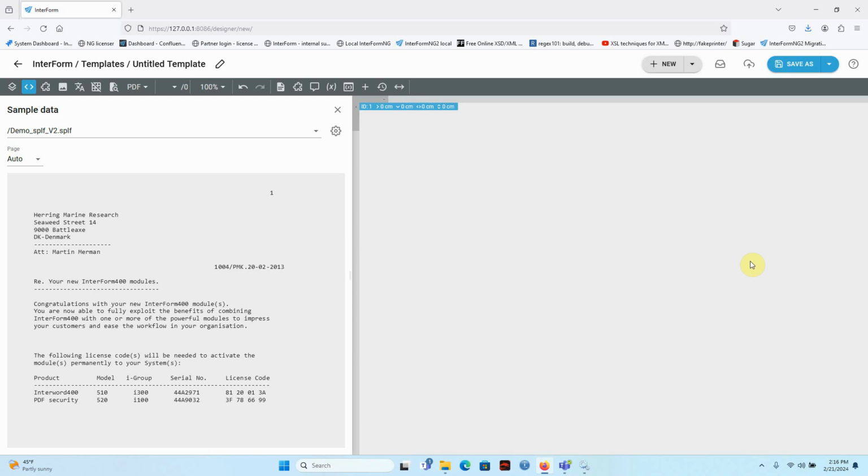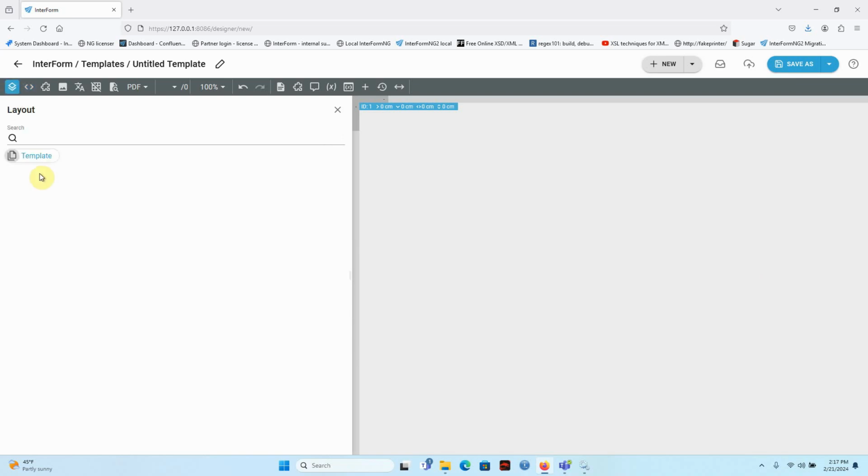In this video, I'll show you how we can iterate across detail lines in a spool file and identify various lines via conditions and map them individually depending on these conditions. So here I've loaded this demo spool file and I want to create a template that iterates across the detail